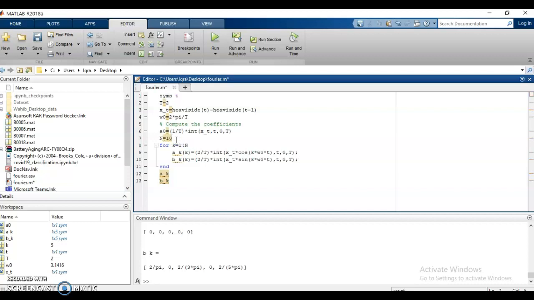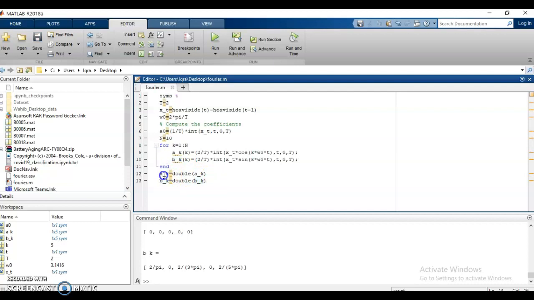It depends on how many terms that you need. Okay, so the next thing that we are going to do is to symbolize them. Okay, so ak, we are going to symbolize this value. Sorry, we are going to apply this formation. We are going to convert them into double. Okay, so this way we can see the point decimal values as well easily.